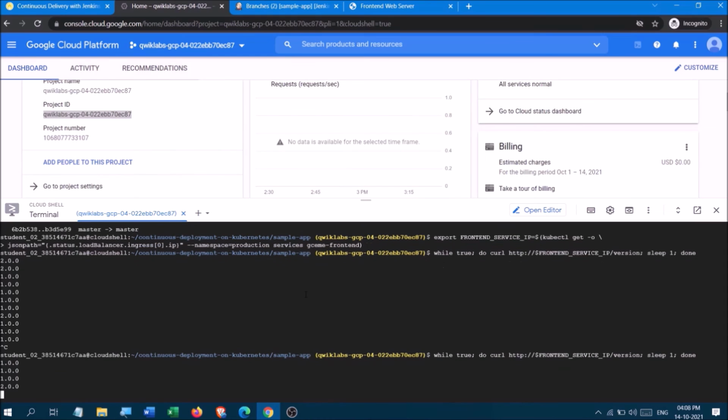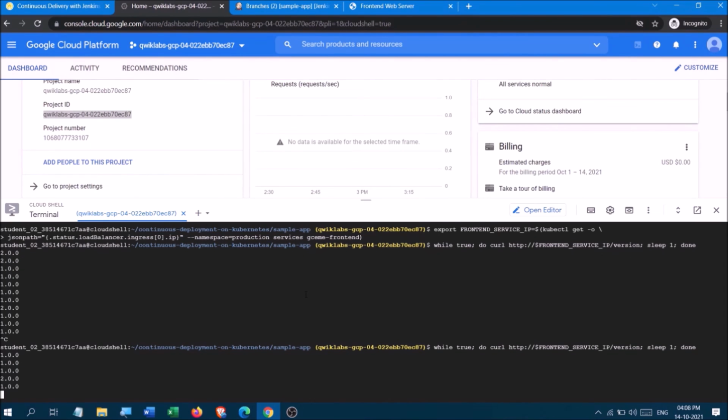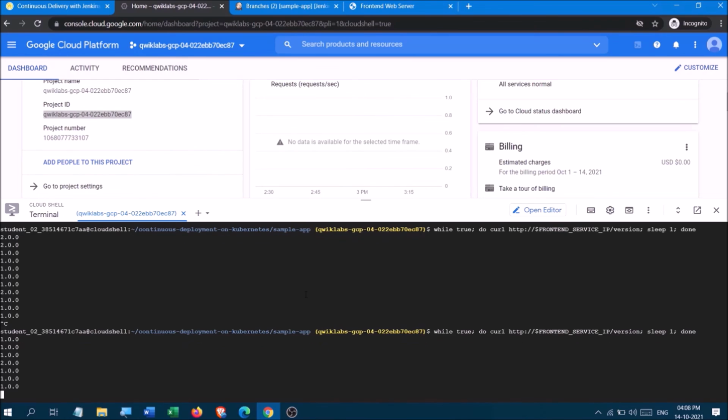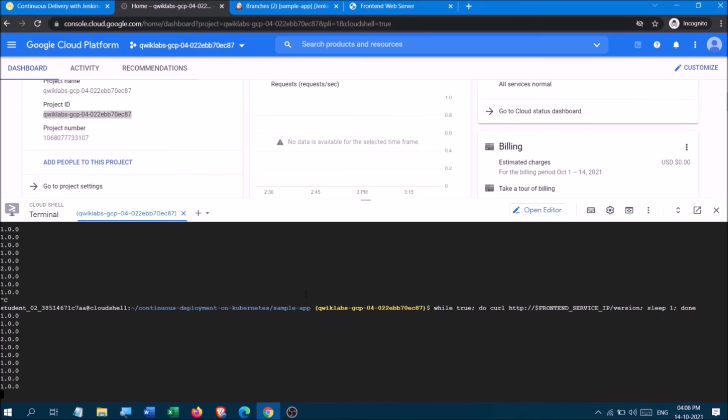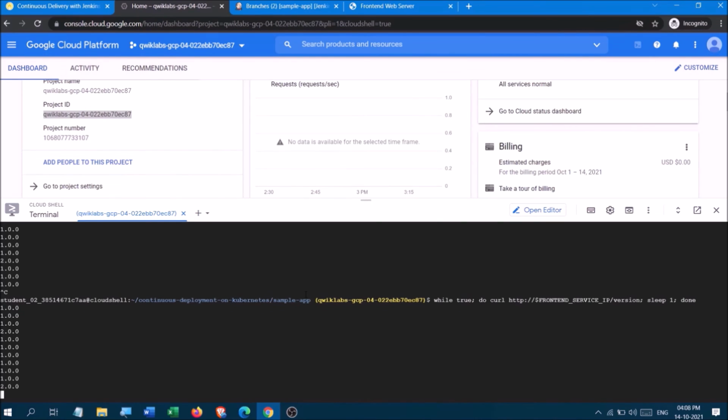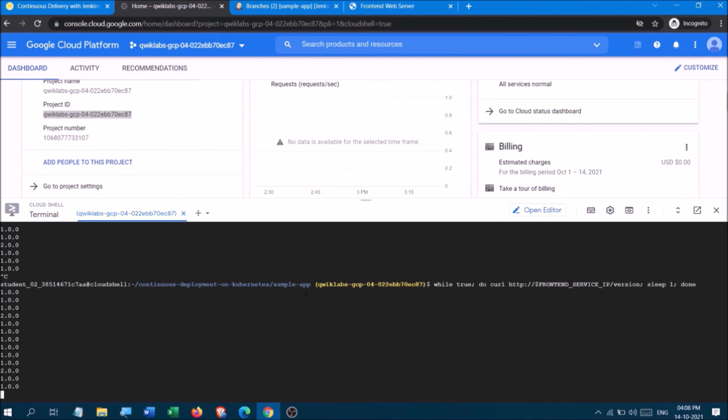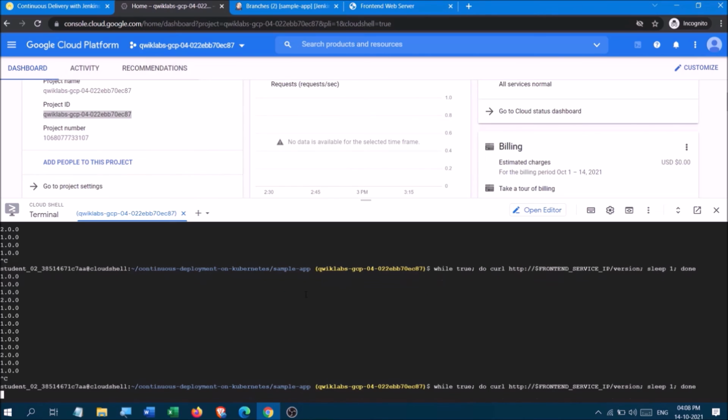And it is 1, 2, 2, 1, 2. Yes, it is 2, 1, 2, 1, so it is going like that only.